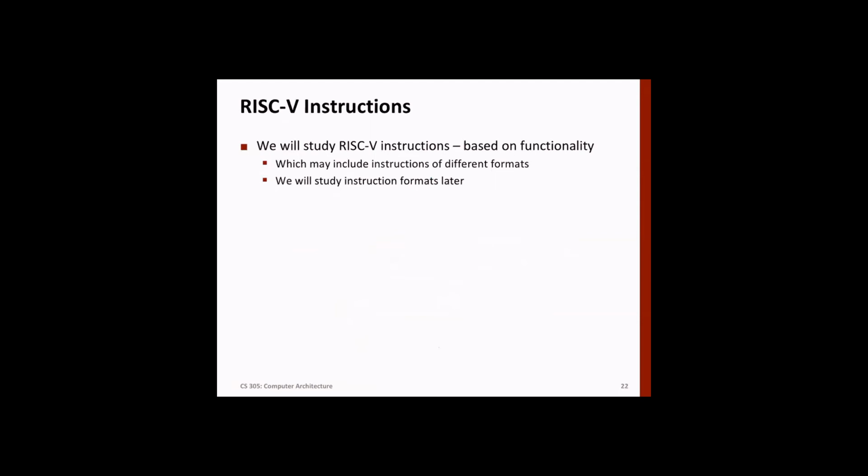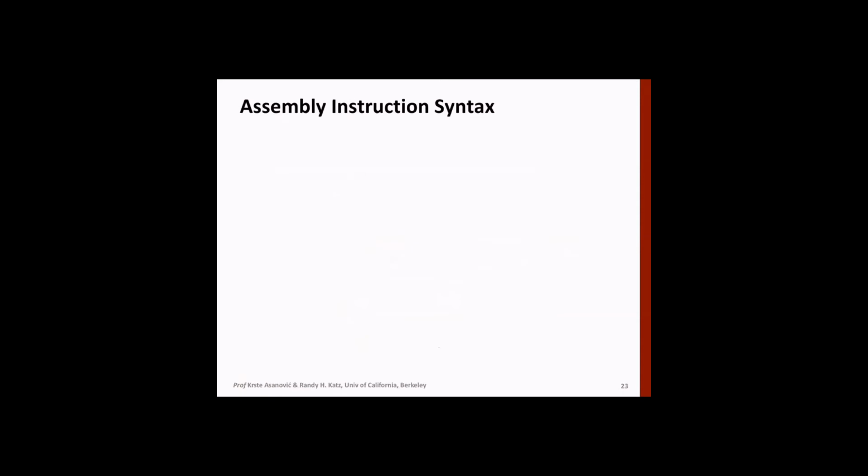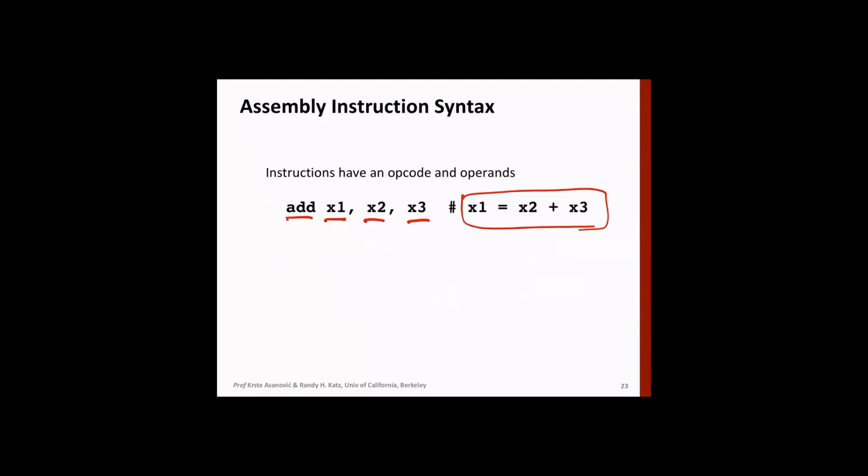A very simple instruction is as follows: add x1, x2, x3. Here we are numbering the registers; we are not using names in this example. The hash we use here represents a comment. When you write this assembly language instruction in a program, whatever you write on the right side of the hash becomes a comment.